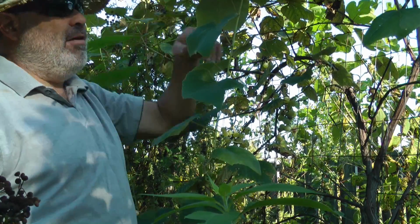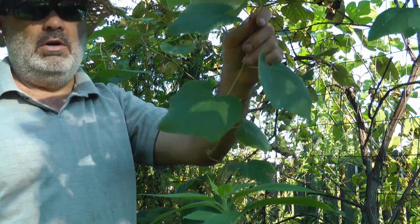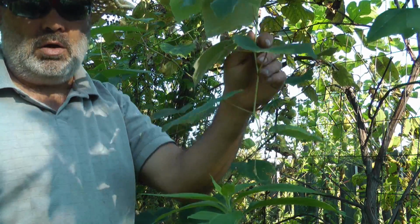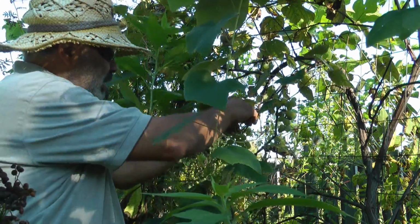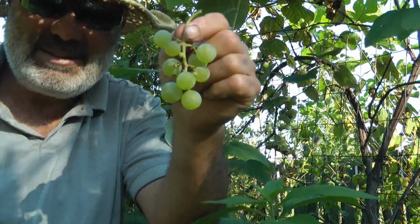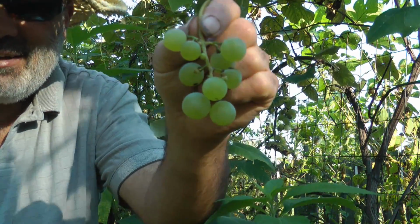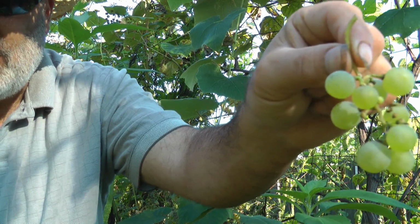And then obviously I have them growing at closer to the ground here later in the season, but by that time our crop is established. So these are edelweiss grapes right here. They look really nice. Look at that. Get that in the sun there a little bit. Yeah, they're bright